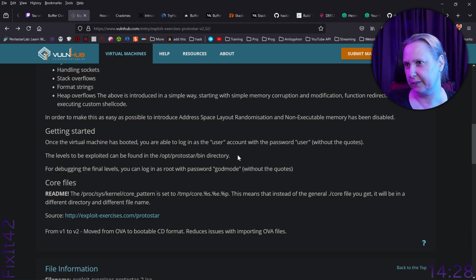So yeah, it's the Protostar bin directory. The levels to be exploited are in there, so we could just get those folders and whatever. I don't care about the permissions.